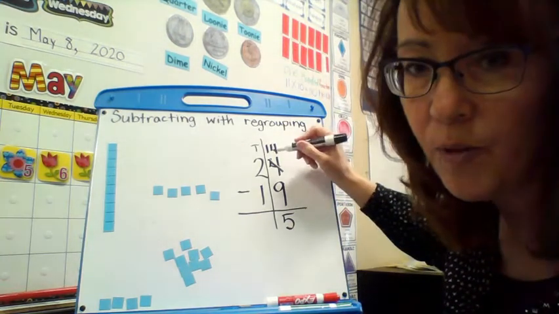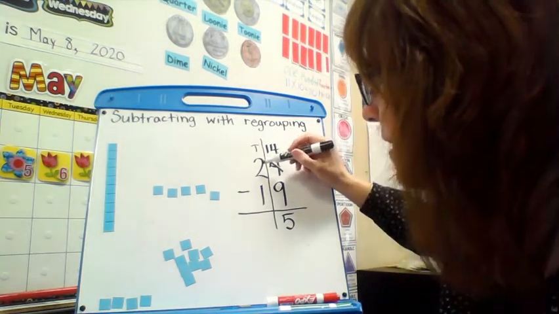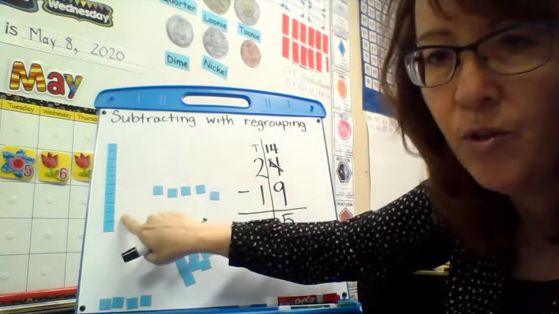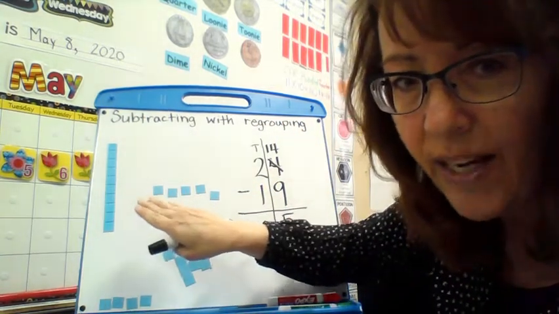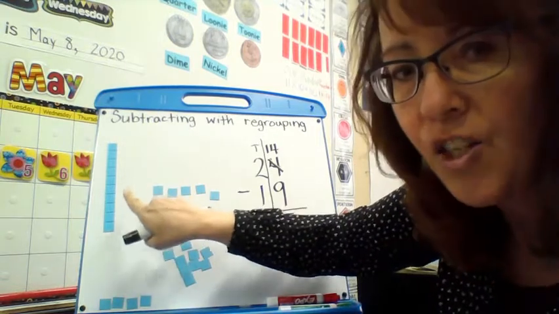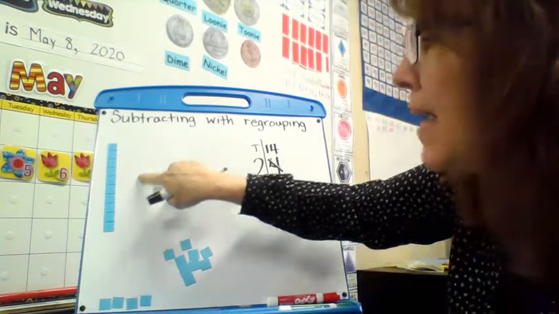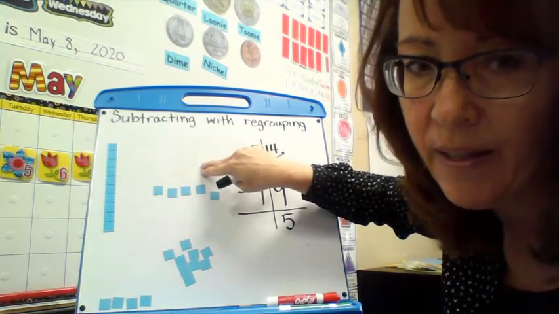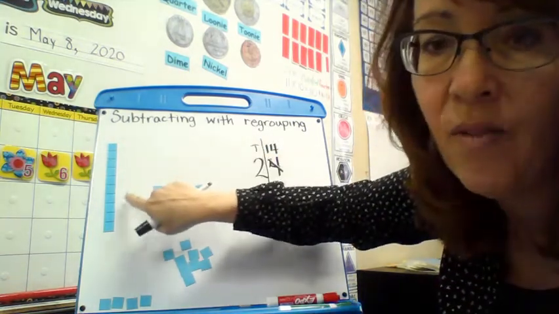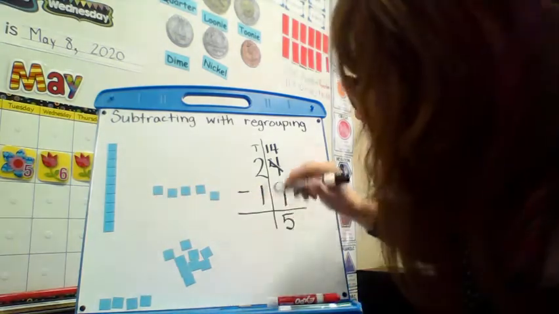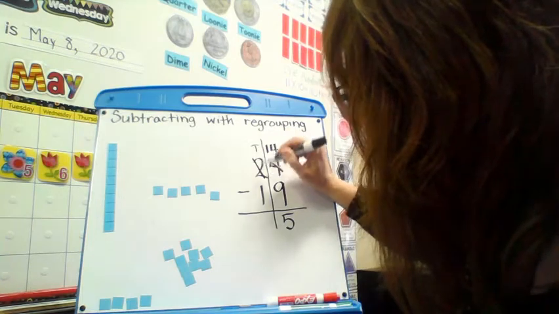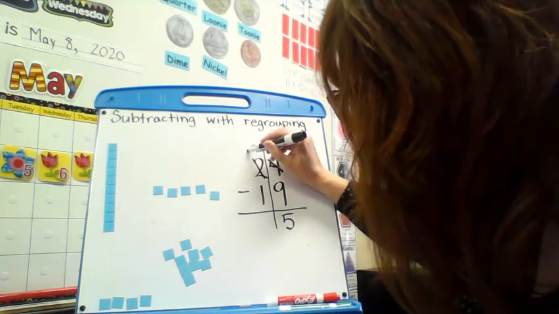Now I hop over to my tens place. And it says here I have 2 groups of 10. But do I have 2 groups of 10? No, I don't, because I took one group of 10, made it back into 10 ones, regrouped it into the ones place. So now I only have one group of 10 here. So I need to show that. I'm going to cross out this 2, and I'm going to show that I only have one group of 10